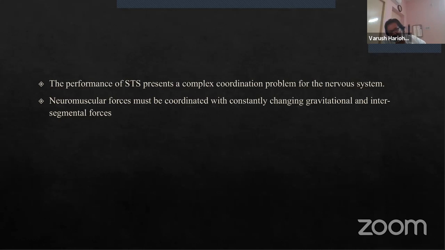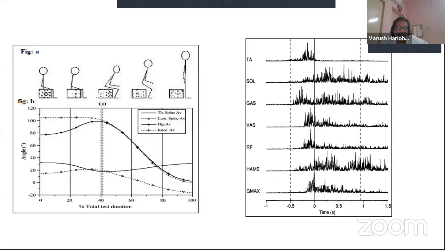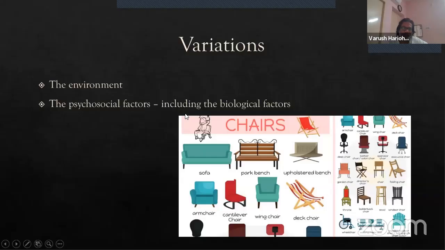you need to have it as a coordinated gravitational force, I mean, coordinated muscular force, which is produced by your neurology. But anyway, some of the muscles, they have looked into it, and you will always see that a lot of muscles are working together. You can see that the first muscle you have to have, the gastrocnemius and soleus, they keep on working, so that you are not falling down when you are moving forward. Anyway, so